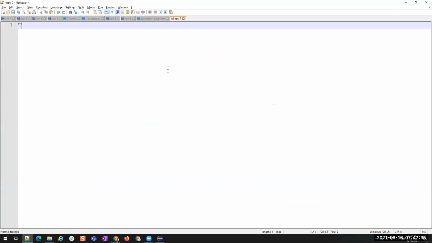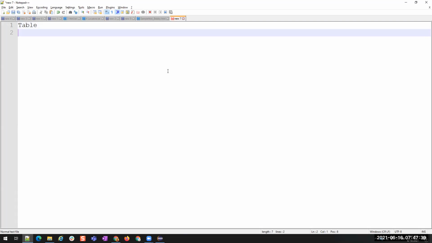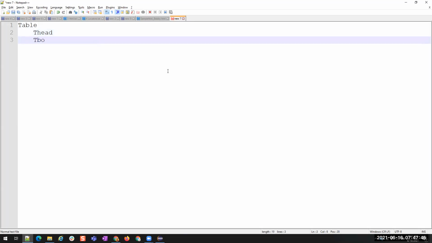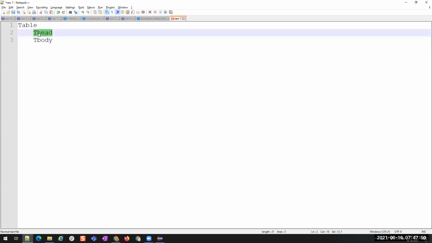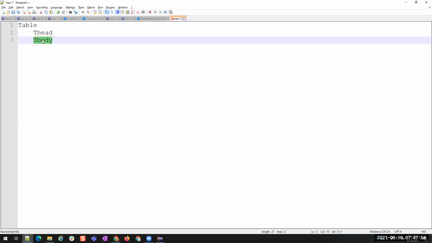Let me write here. So a table. Inside a table, we may have T head and T body. T head is used to represent the column names or header for the table, and T body is used to display the data of this particular table. This T head and T body will be inside the table tag. That is why I moved one tab space.